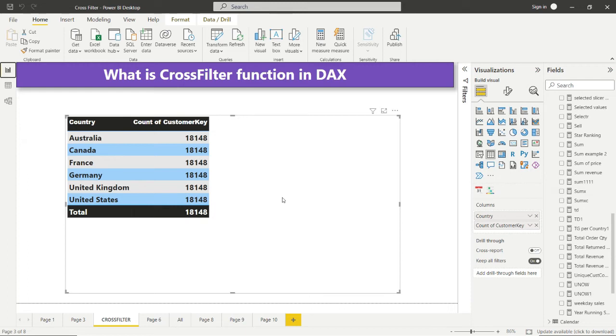Now we will use the DAX function CROSSFILTER. For that, create a new measure.